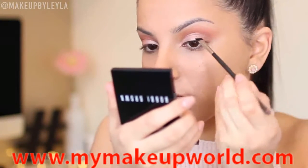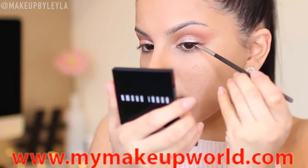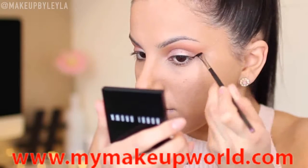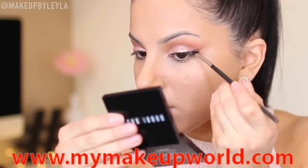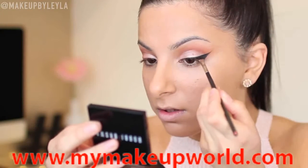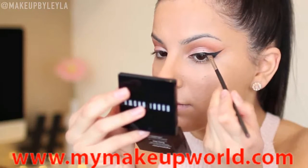For my liner, I'm going to be applying a normal sized wing to my eye. Kendall's wing wasn't very big, but those kind of small wings don't really suit my eye shape, so for my sake I've made it a little bit thicker, but that's just because I personally feel like it suits my eye shape a little bit better. But do whatever you feel for your particular eye shape. You don't even need to wing this out, it's totally up to you. But I did apply a little bit more eyeliner towards the outer corner of my eye compared to the inner